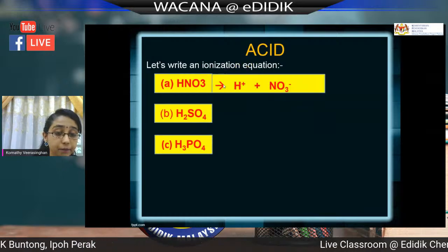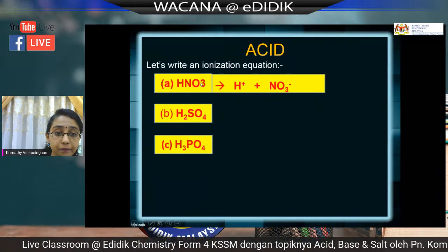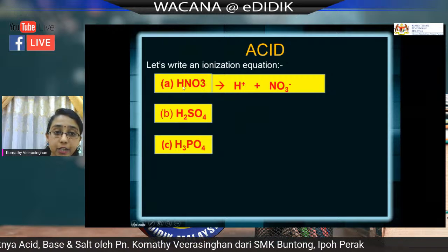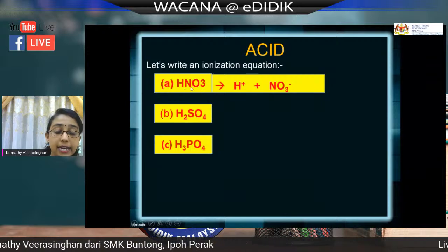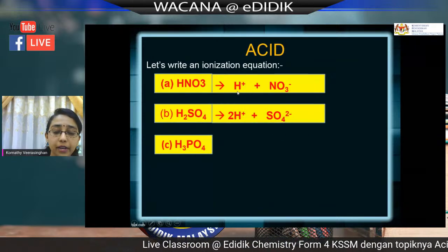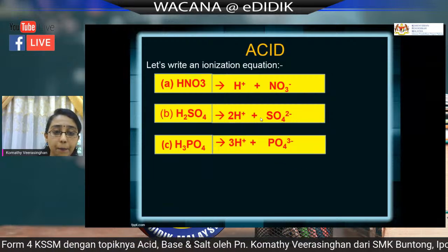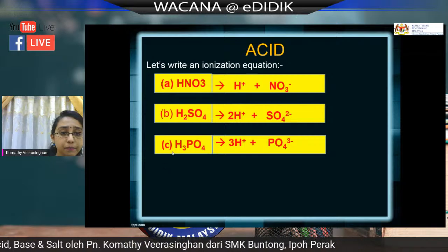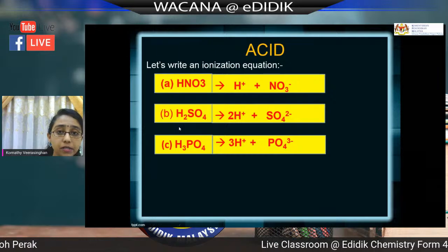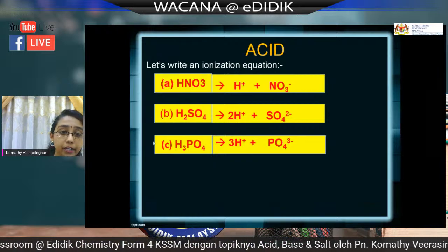Okay, I think I've done it. Now, this is the ionization equation for nitric acid. The formula of nitric acid is HNO3. When it ionizes in water, it produces two different types of ions, which are hydrogen ion and nitrate ion. Next, look at B, sulfuric acid. The formula of sulfuric acid is H2SO4. When one molecule of H2SO4,